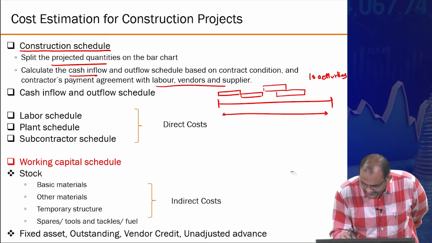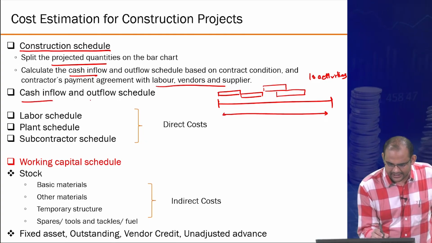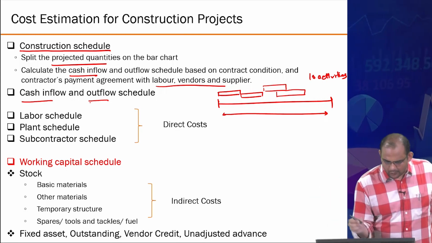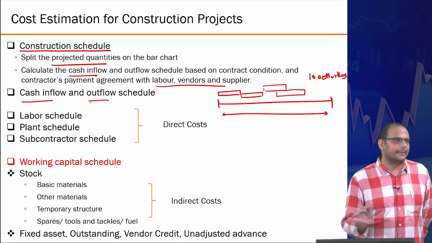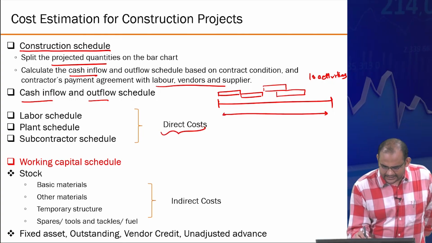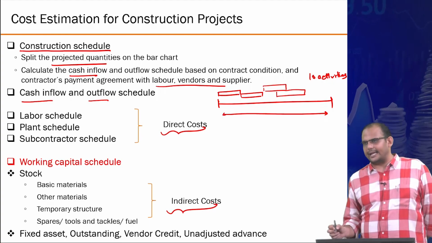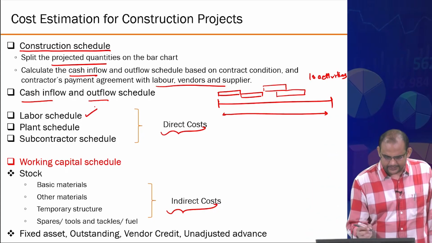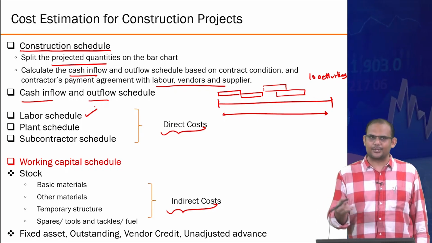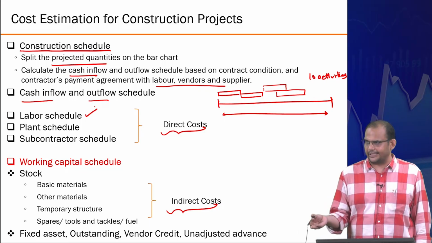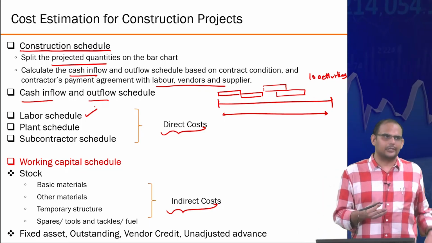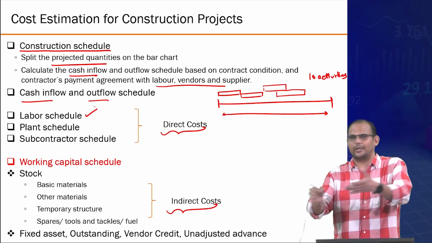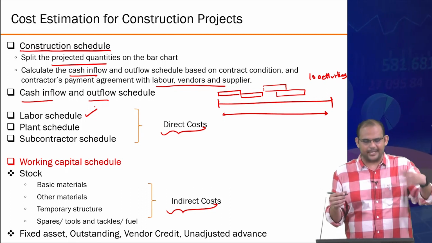All right. So essentially, using this, you can generate a cash inflow and outflow. For now, cash inflow we will deal with later. For outflow, there can be costs of many types. The simplest classification is something called direct cost and indirect cost, right? So direct cost is typically your labor, which is the human resources required to do a particular activity. For example, if you want to erect a wall, you need 2 masons, and you need 3 people to transport the bricks from the site location to where the brick erection work is actually happening, and things like that.